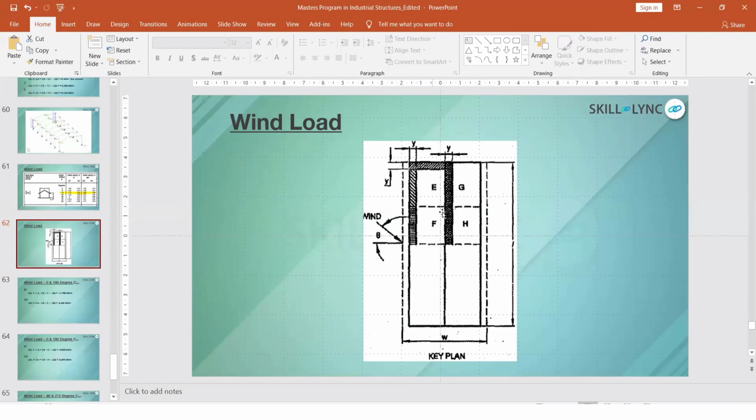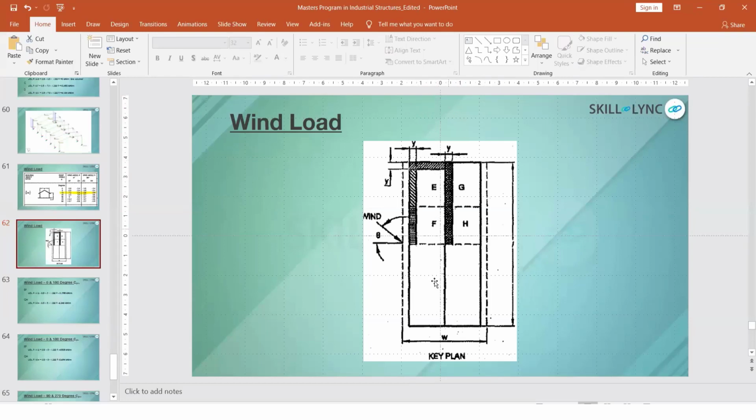In our case it is 6 bays. If you have 7 bays, then you have to apply the maximum loading to the maximum number of bays, and the other loading, that is the F part of loading, to the minimum number of bays. Because on the outer side the wind flow will be heavy, right?